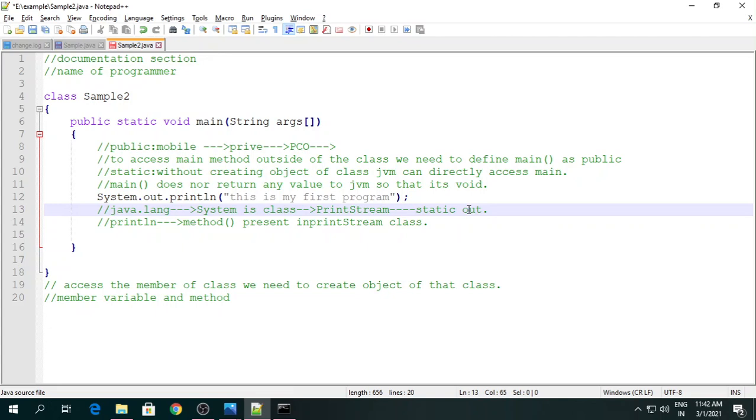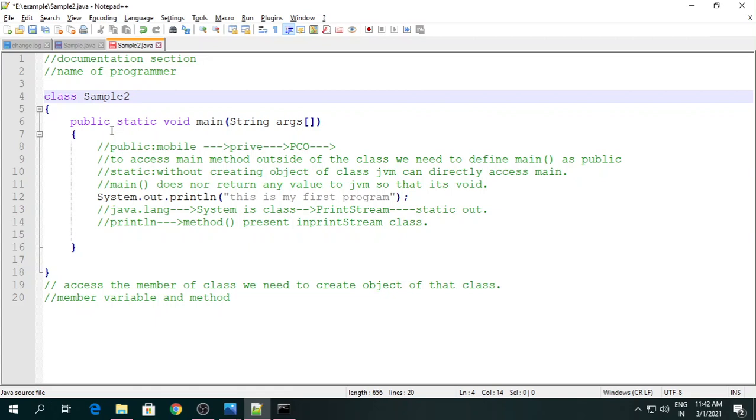So we should know these two statements: first, the mandatory main method statement, and then to print any value we use System.out.println. Fine. Now sometimes a question comes to mind: sir, is it necessary to give the file a name, like the name of the class? Is it necessary that the name of the class and the name of the file should be the same?